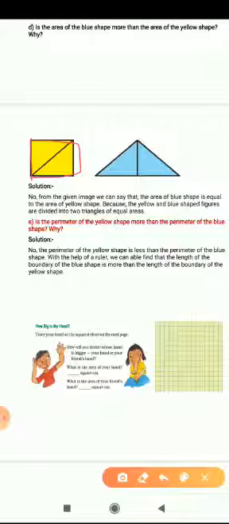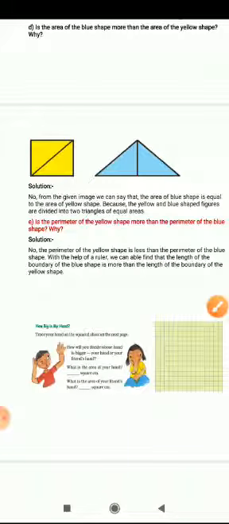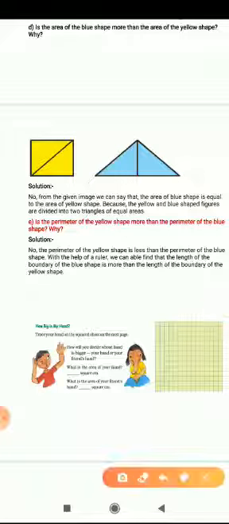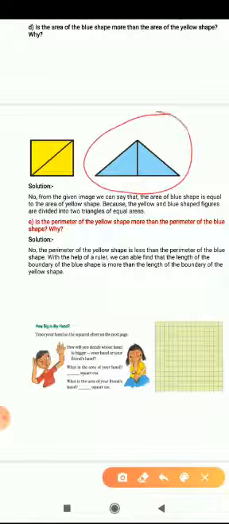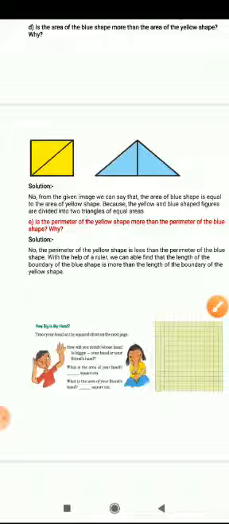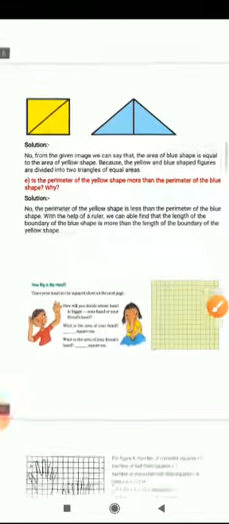Everyone just observe this shape. In this square we can see that there are two triangles inside it. That is equal to the shape of this blue one. So from this we can say that the area of these two shapes are equal. Next question is